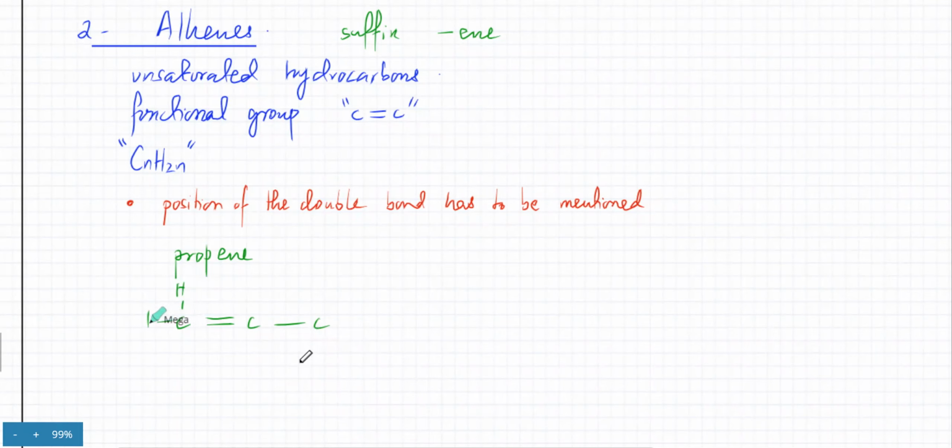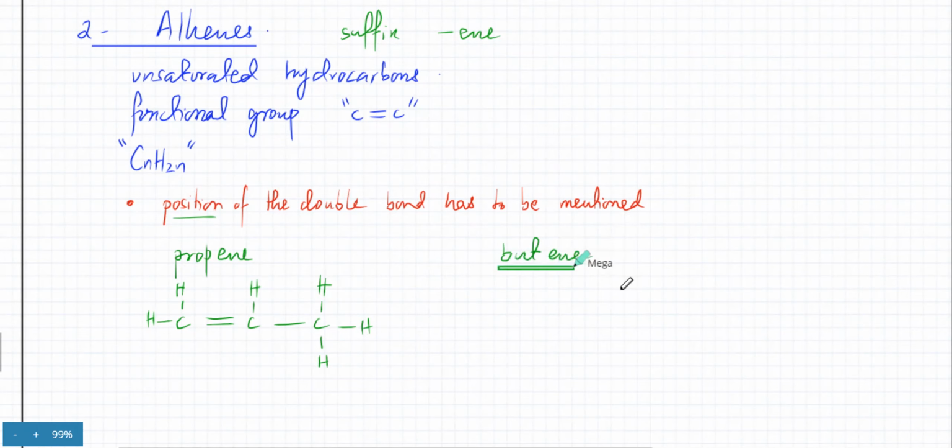So there's only one version of propene. No matter where you put the double bond, you're going to get the same propene. So you don't have to worry about the position of the double bond in a propene molecule. Whether you put it over here or over here, you would have gotten the same molecule. But when you move to butene,